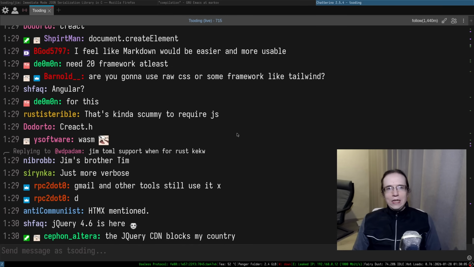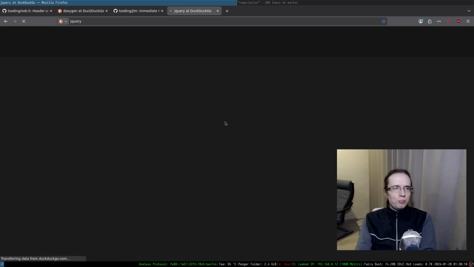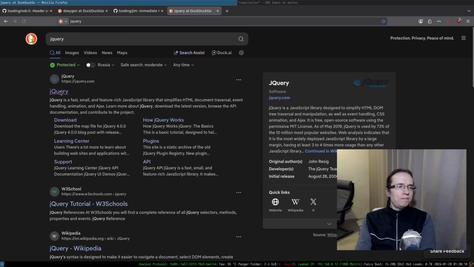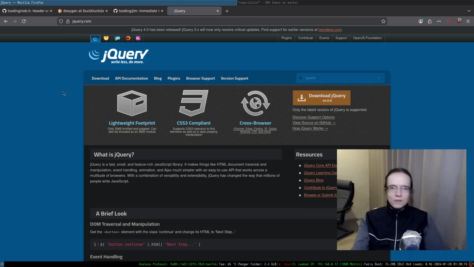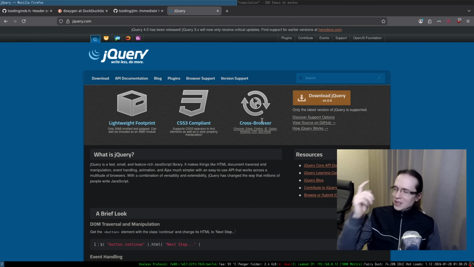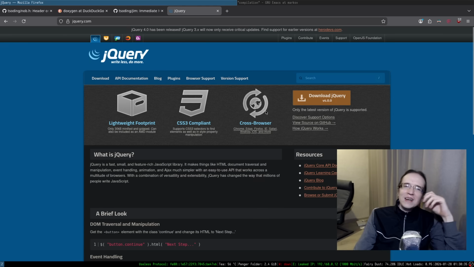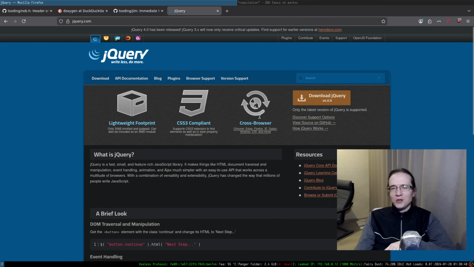jQuery 4.6 is here. Is it still developed, by the way? jQuery. The first thing you have to do when you visit the jQuery website is hover over this thing. That is the law. Every time you open the jQuery website, you must do that. But I hope they never remove that. This is so stupid, but it's